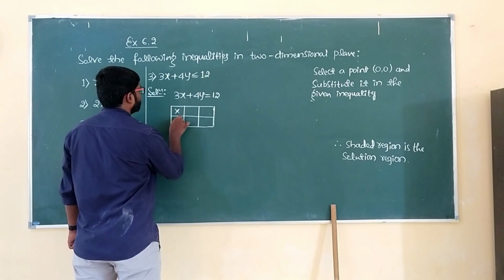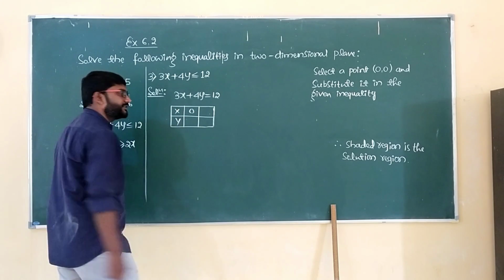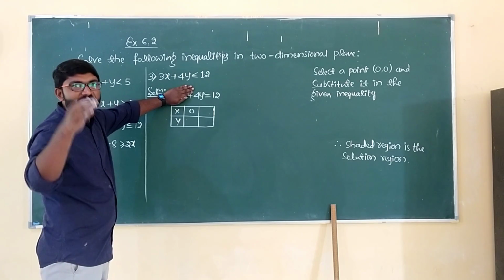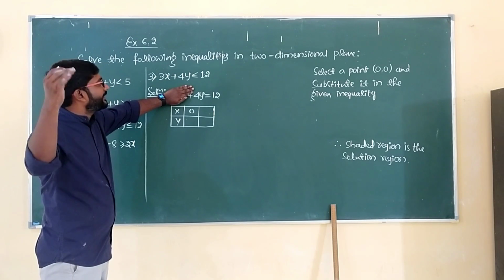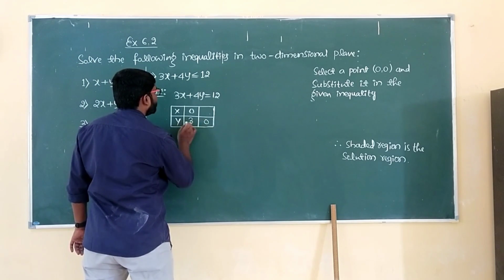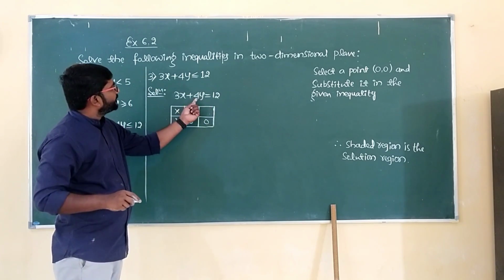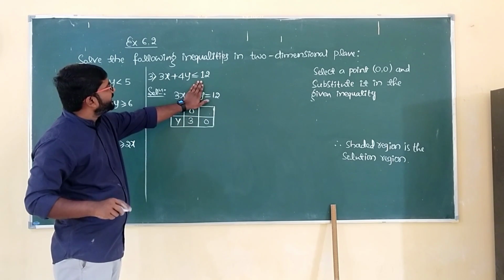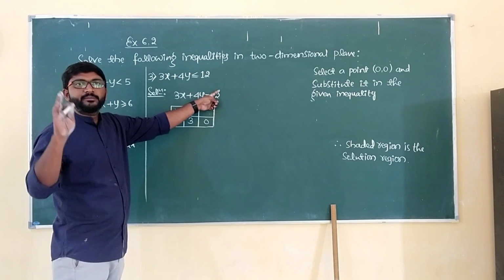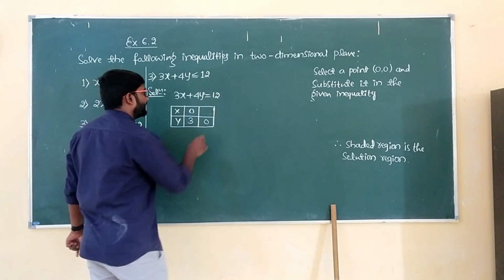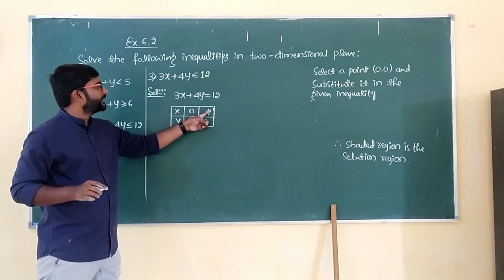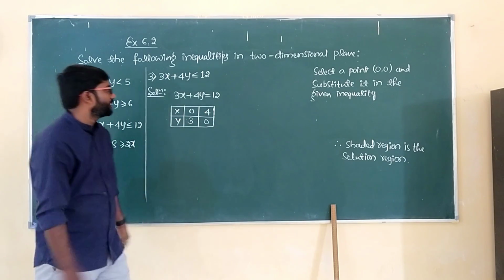So this is x and this is y. Then when x is 0 means the first term will be completely eliminated. What do we get now? 4y equal to 12. That means y will be 12 by 4, which is 3. So y value is 3. Now when y is 0 means 4 into 0 it becomes 0. So this completely eliminated now. Second term will be eliminated. We get 3x equal to 12. That means x will be 12 by 3. That is 4. So what are the 2 points now? 0, 3 and 4, 0. For these 2 points we have to plot the graph.